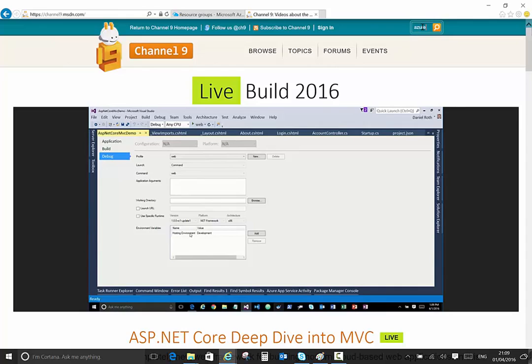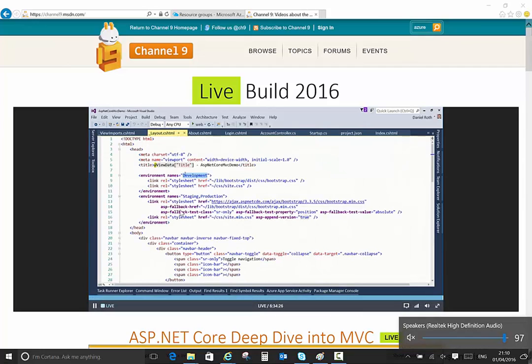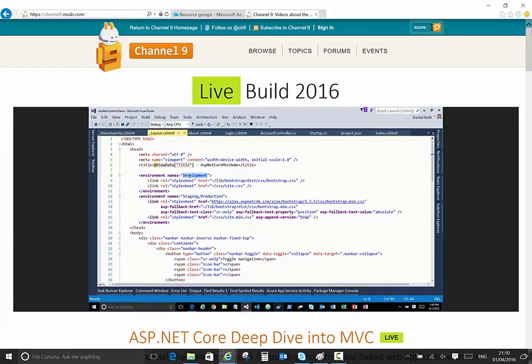hosting environment variable. That's what tells ASP.NET Core what environment you're running in. And of course, I'm in VS, so I'm running in development. Okay, so that's where that comes from. It's just an environment variable. But this environment tag helper looks at the current environment. If you're running in that current environment, then it renders its content, and it removes itself, like that environment tag disappears. If you're not running in that environment, then it doesn't render its content. Okay? So if I'm running in development, I'm going to get the full version of these style sheets. I'm going to get the full